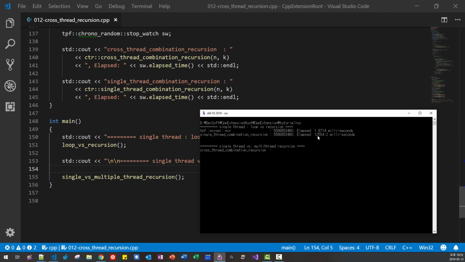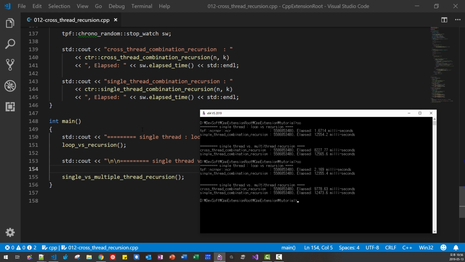It took 12,000 milliseconds. Now cross thread took 8,000. Okay, in case of cross thread combination, this is recursion but using multiple threads. It took 8,000.